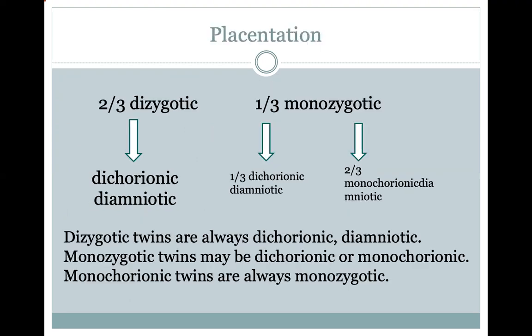Next slide. These next few slides just reiterate that. I think everybody understands the significance. At least 2/3 to 3/4 are dizygotic. They all have di-di placentation. Approximately 1/3 in the United States are monozygotic, and 1/3 of those will have di-di placentation, and up to 2/3 will have mo-di placentation. So again, we'll talk more about that as we cover it today and next session.